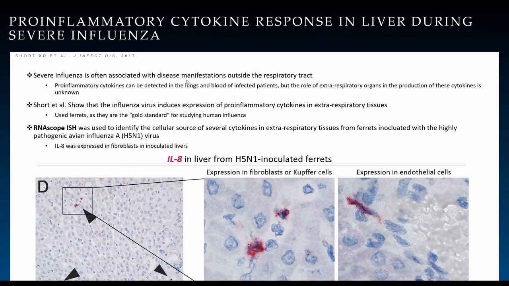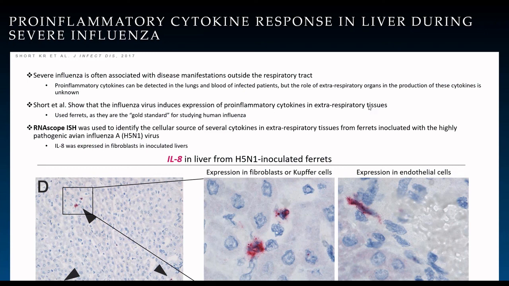In this next example, these researchers were studying the effect of flu infection on tissues other than the lung. The effect of infection of the flu virus on the lung tissue is very well studied, but the manifestations of this disease on tissues other than the lung are poorly understood. So in this example, they used the ferret model to study the impact of the avian influenza A virus on